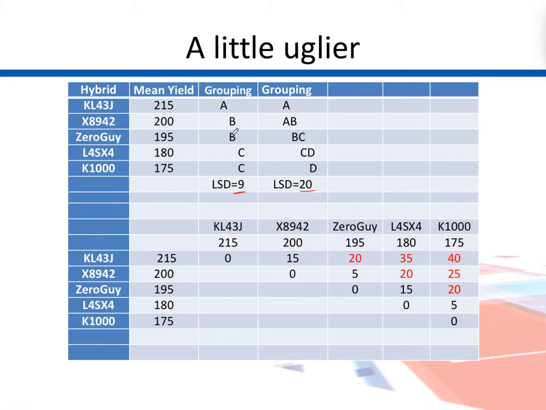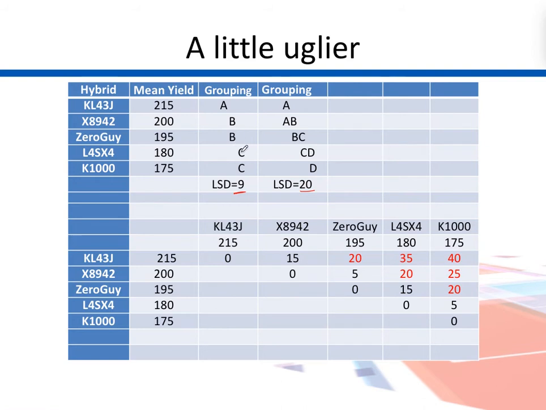So we give him the same letter. And now since this gentleman was different from this, and this is further down, technically it is true that this must be different from this. So that means we probably do not need to compare them again, but if you want to, you can still see that 215 and 195 have a difference of 20, but since both of them have separate letters, we are fine with it.